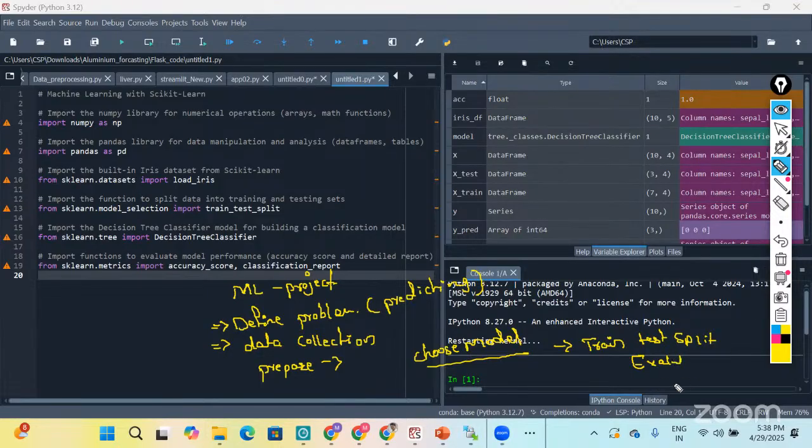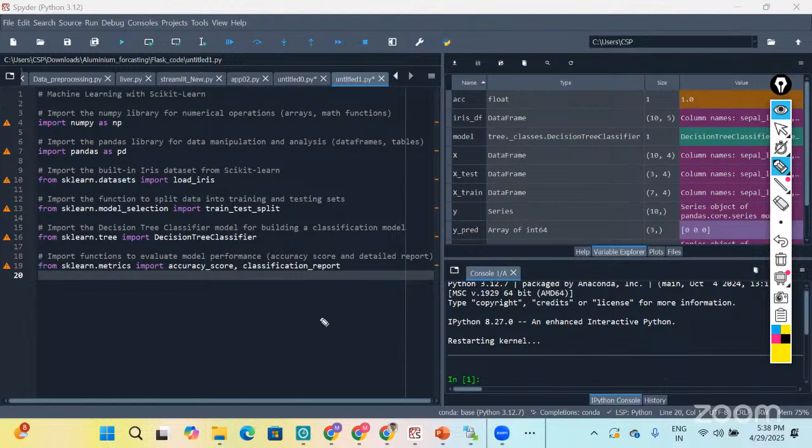After evaluating the model, the next step is tuning the parameters. Lastly, we go for deployment. This is how we complete our project. This completes your intro to machine learning.